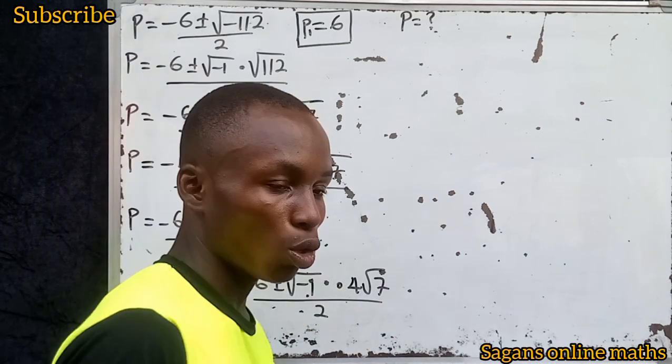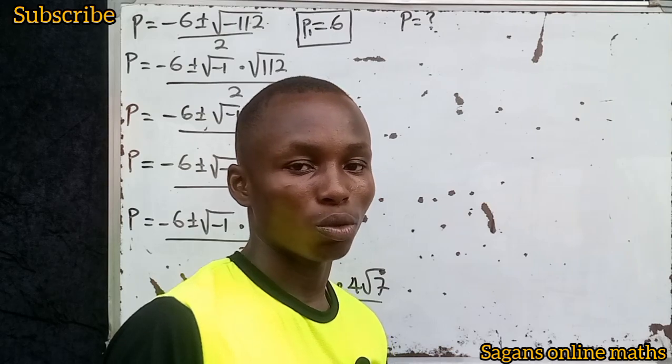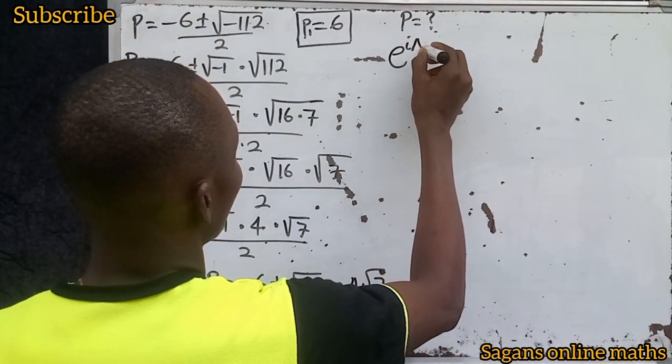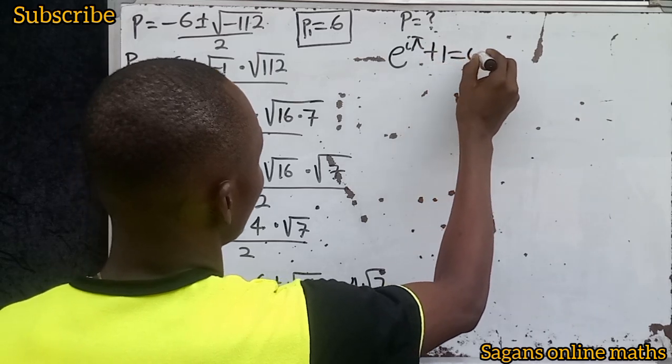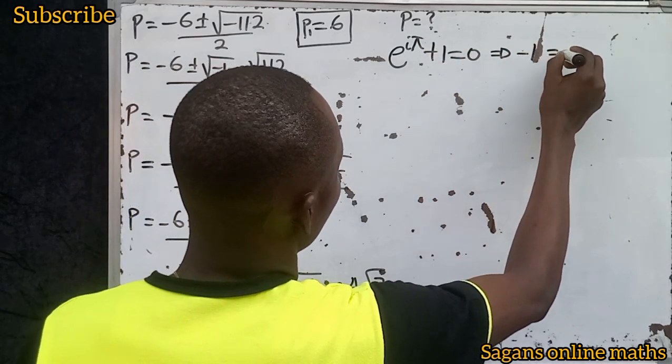Now, let me draw your mind to Euler's identity. Euler's identity is one of the awesome formulas we have, okay? That means Euler's identity says that e to the power of i pi plus 1 equals 0. It implies that minus 1 equals e to the power of